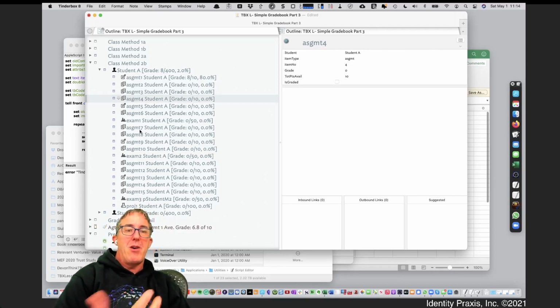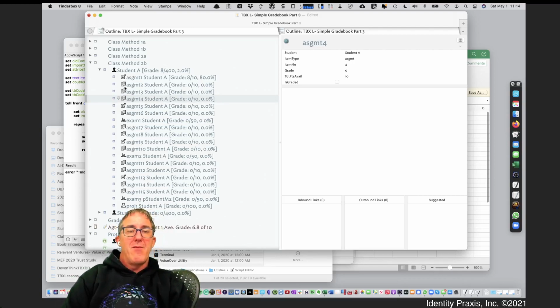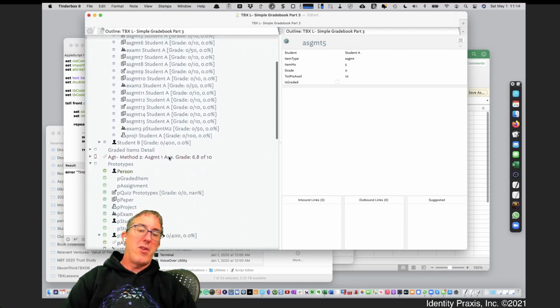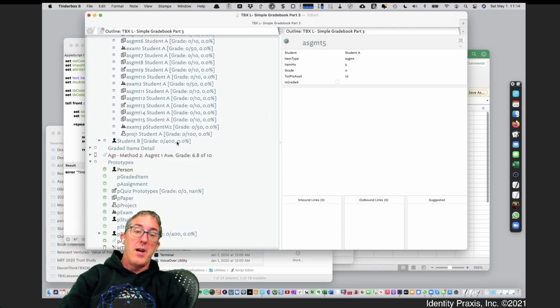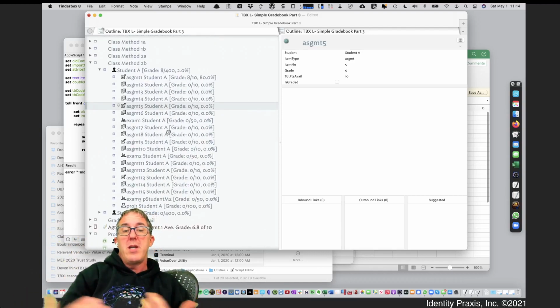So the nice thing about doing that is now I can visually and semantically see, okay, that's a quiz, this is a paper, that's an exam, and this is a project. So I can very quickly see semantically, visually what the different assignments are, and they also adopt the prototype values there, and then you can use that later to help you with searching and a whole variety of other really unique and exciting ways